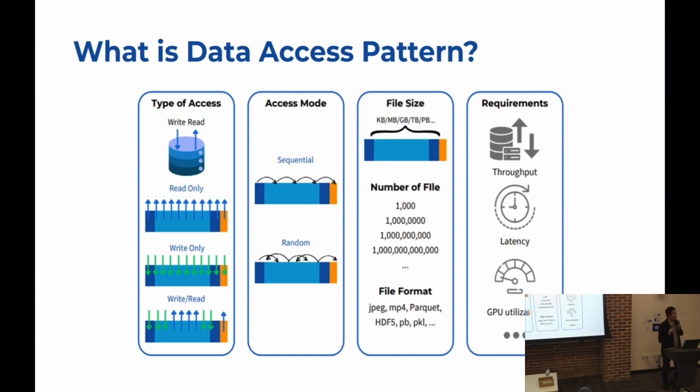And also, for the same file, sometimes, for something like a large video or image file, it highly depends on your algorithm. Sometimes you may do the sequential read, which means you start from the very beginning, you keep reading until you reach the end. They may call it sequential read. The other thing is if you have some structured data like Parquet, your algorithm may use some index, which means you may have a filter.